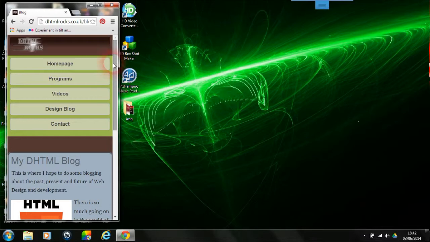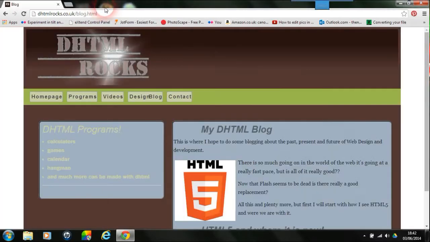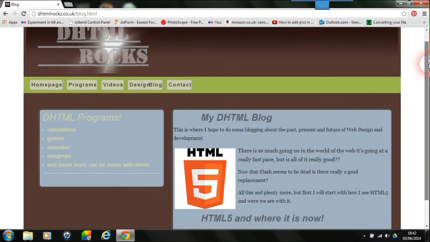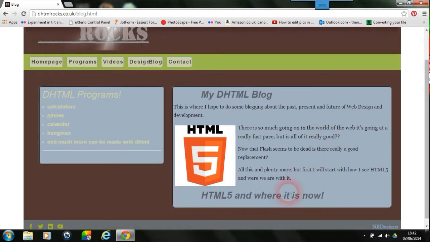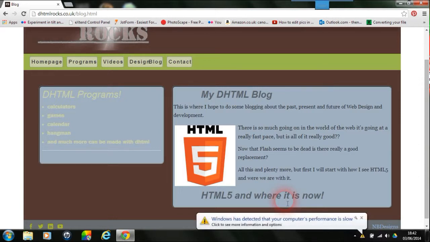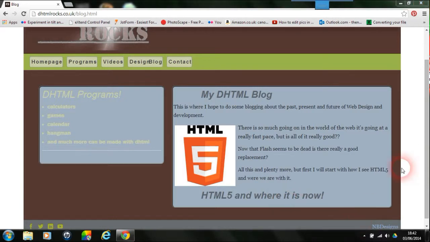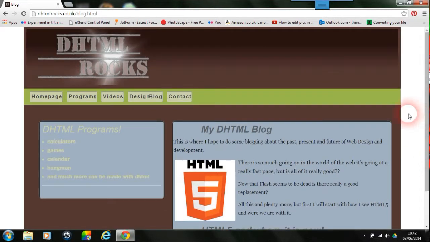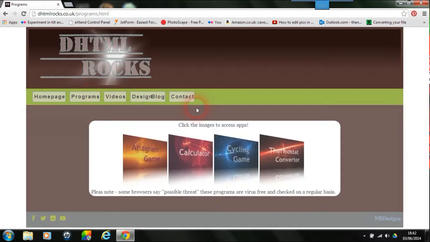And the design blog I've done is how I see the future of web design, the past and the future, but mostly the future. And this is the topic what I'm going to do about HTML5 and where it is now, which is probably an overrated thing. But again, I think HTML5 is a little bit like DHTML, but I'll go into that in more detail. And the programs, I'll go back to these and how I've done this, because as I say, I